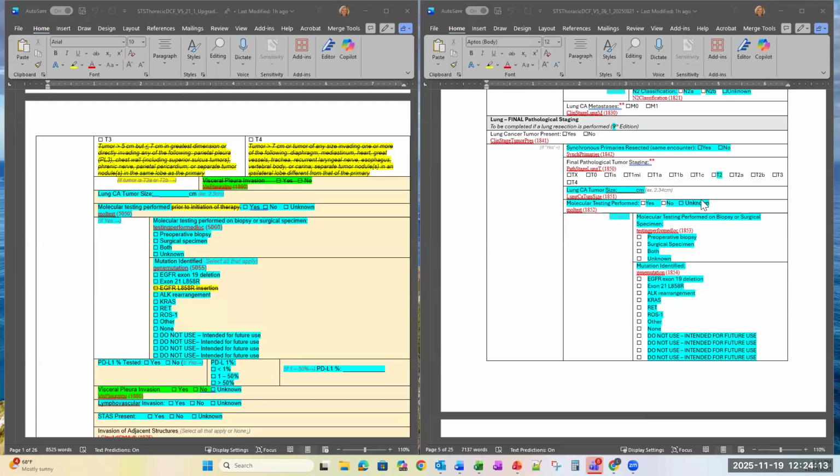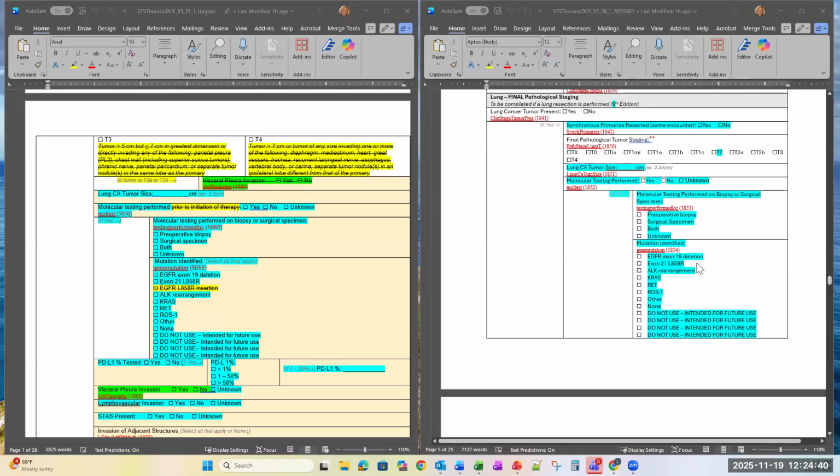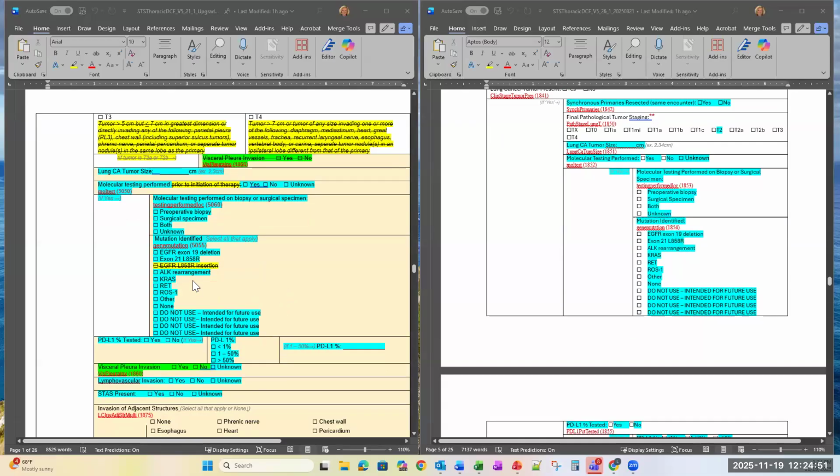Yes, no, or unknown. For those of you that collected data in the REDCap form, you will notice that this was brought over from the REDCap for the neoadjuvant. So, molecular testing performed: yes, no, unknown. If yes, was the molecular testing performed on a biopsy or surgical specimen? Was it the preoperative biopsy, surgical specimen, both, or unknown? And then mutation identified: which specific mutation was identified from that testing? We have the EGFR exon 19 deletion, exon 21. I'm not going to go through all of these, but again, you can see all of the